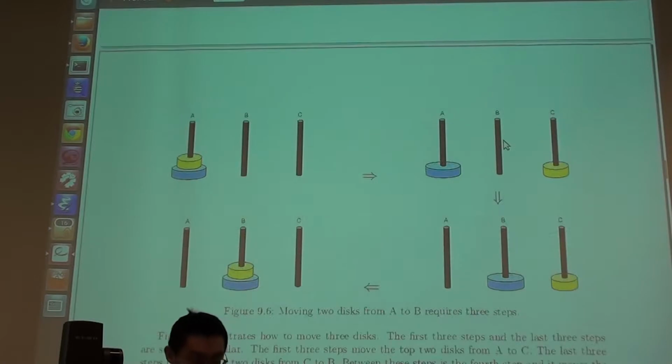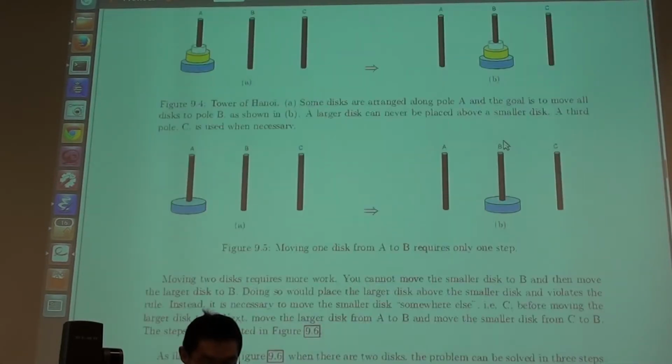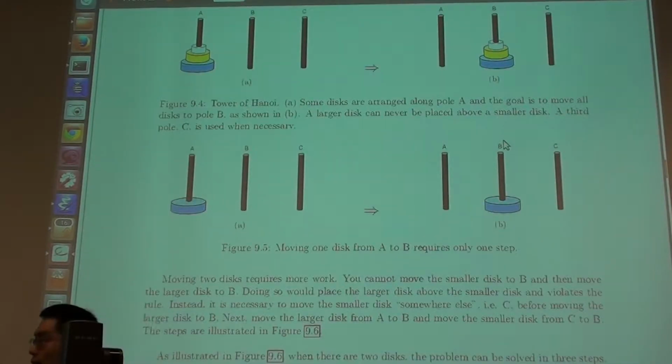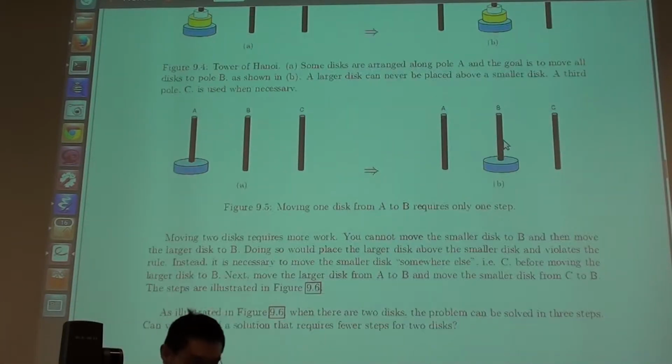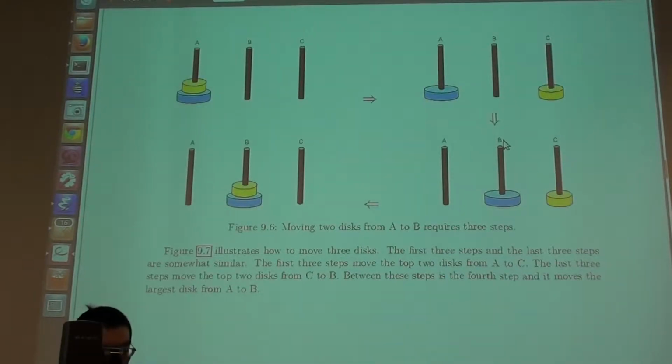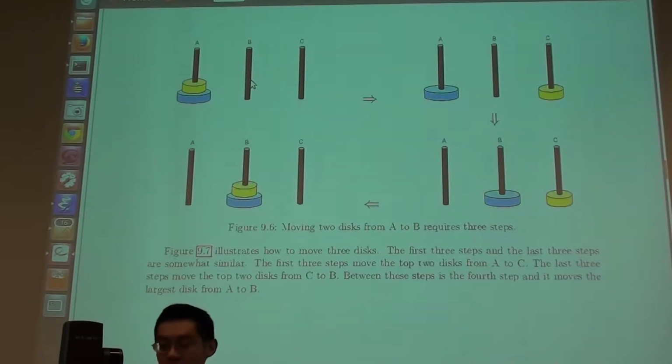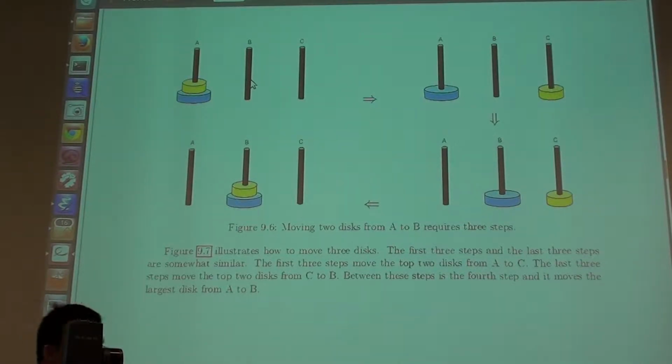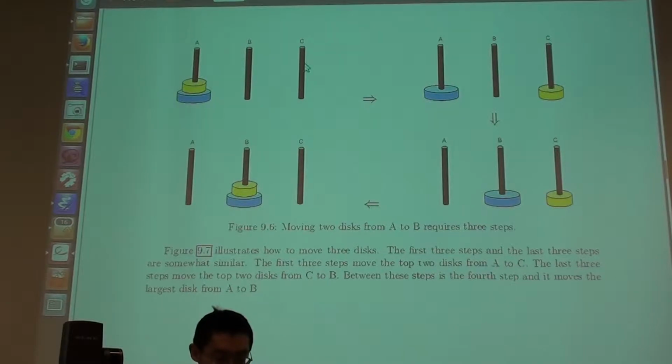If you have only one disk, then that's obvious, right? You just move directly. You don't have any problem of small versus big. You have two disks, then you have to think more carefully, because if you move the smaller one to B and you move the bigger one to B, then you have a problem of putting the bigger one above the smaller one. So what I'm going to do is first move the smaller one to a third